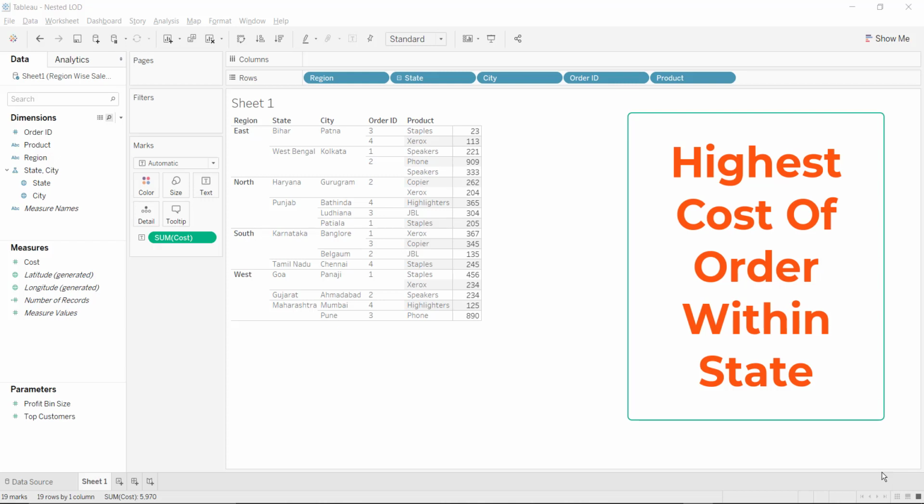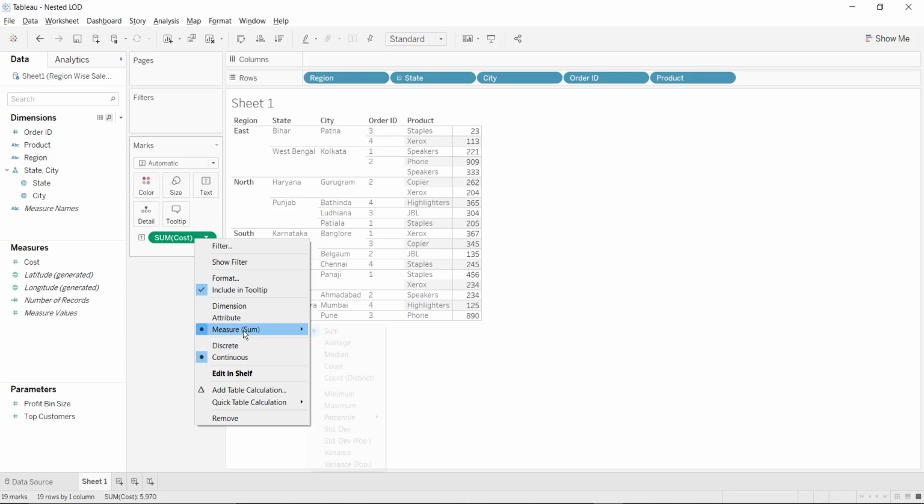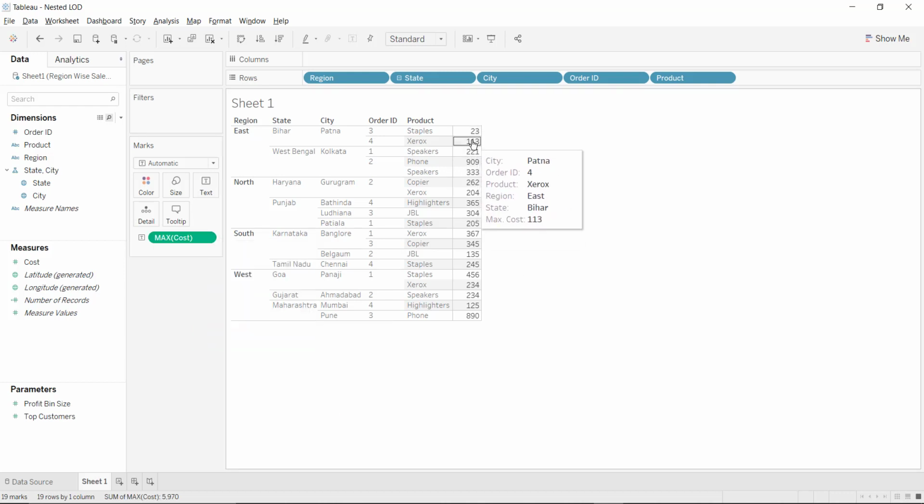As I specified that we need to find the max of order cost, what we tend to do is we just change the aggregator to max. Right now it is at a very granular level, that's why there is no change. But if I remove a column, let's say product, then I will get max out of this value.